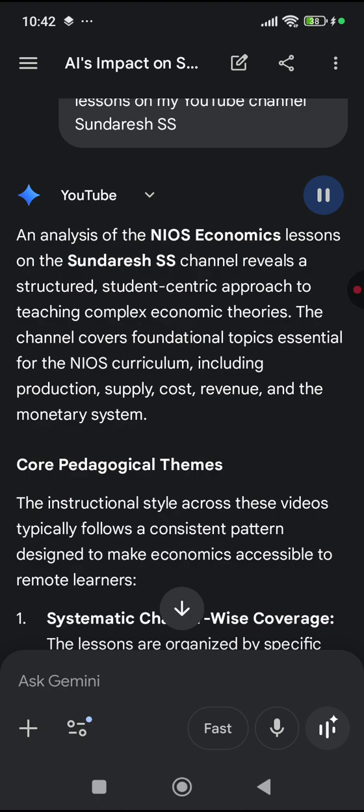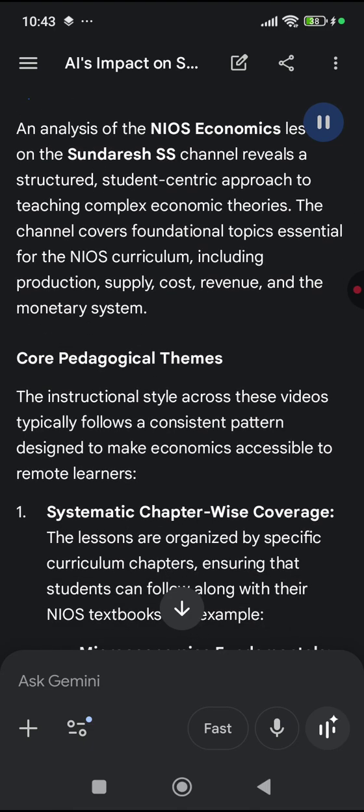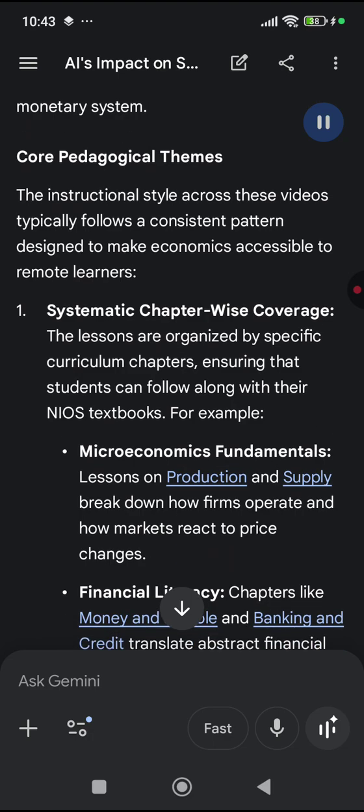An analysis of the NIOS Economics lessons on the Sundaresh SS channel reveals a structured, student-centric approach to teaching complex economic theories. The channel covers foundational topics essential for the NIOS curriculum, including production, supply, cost, revenue, and the monetary system. Core pedagogical themes: the instructional style across these videos typically follows a consistent pattern designed to make economics accessible